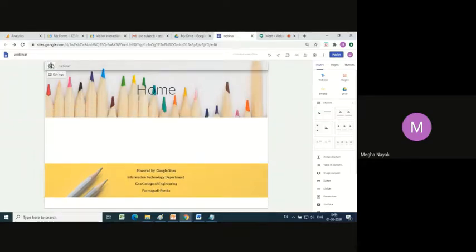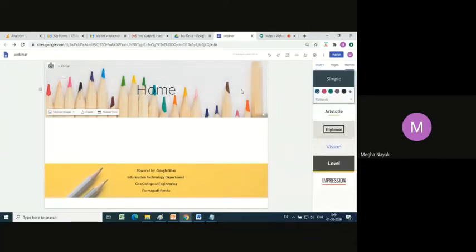However, the look and feel of this background with the logo, the contrast is not good. So you may change it depending on whatever contrast you want. All right, for now this is how I have designed my home page. Now I'm clicking here on themes. The inbuilt option Google Sites gives us a few themes which we can incorporate. All right, so maybe I can choose the simple theme.